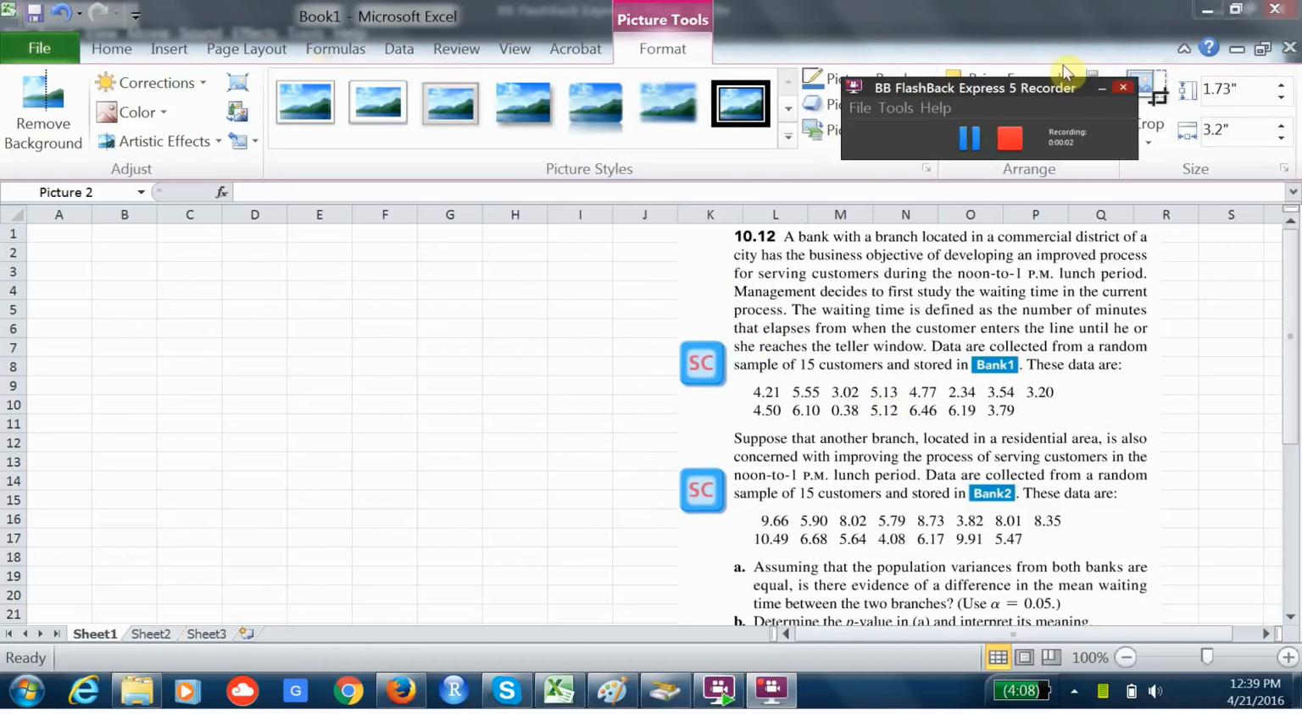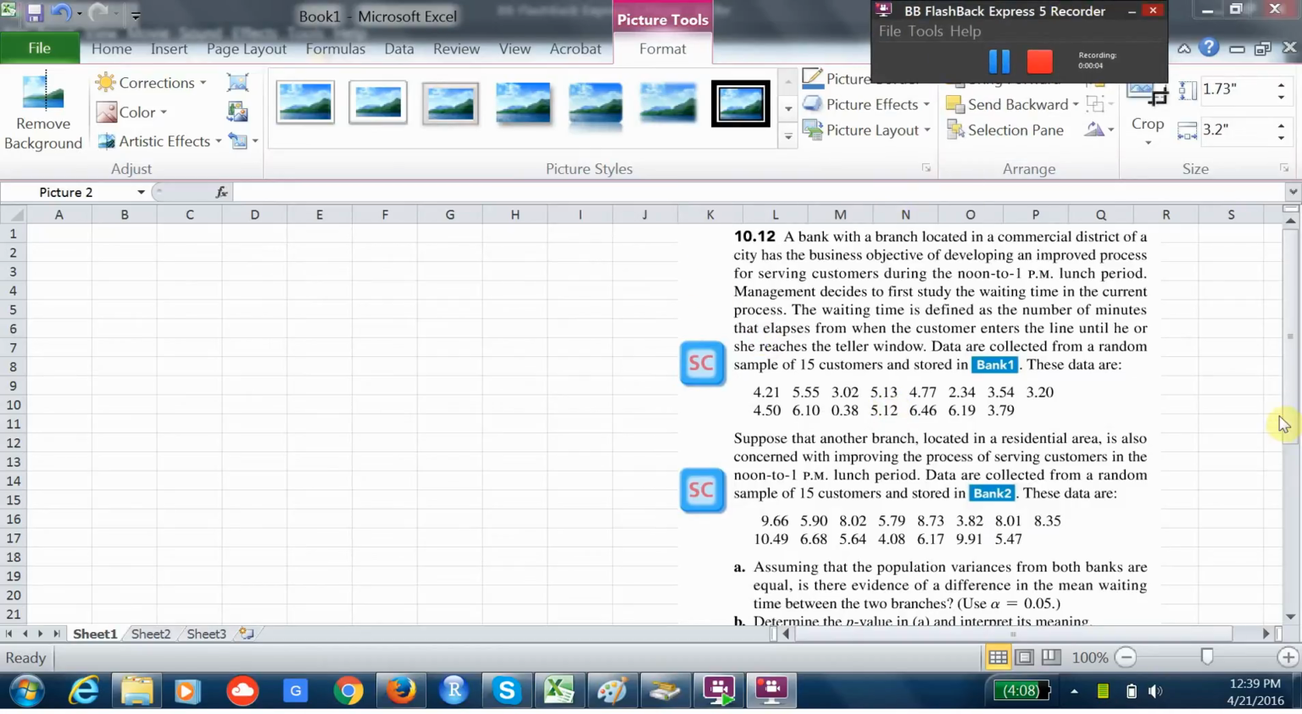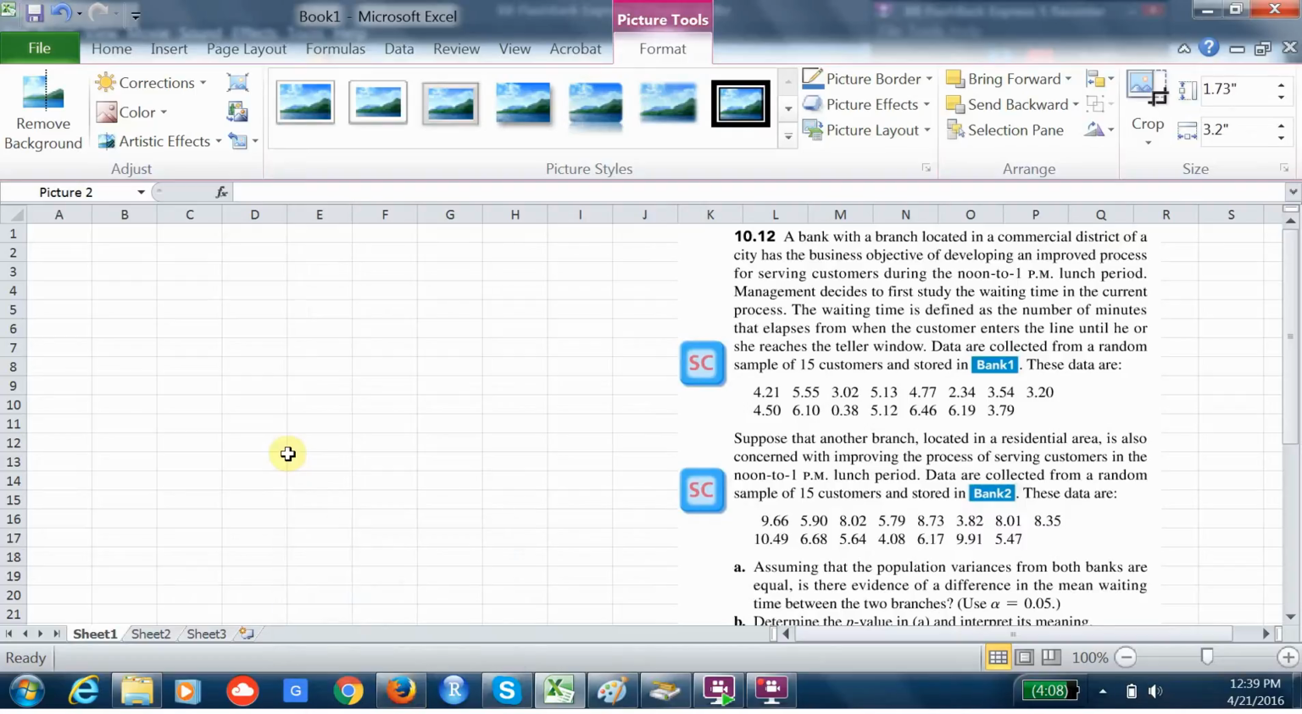So this is an example of how to do the problems from 10.1. In 10.1, you remember we're looking at two populations that are independent, and we want to compare their means. So here we start off and we see the problem is about a branch of a bank that's located in